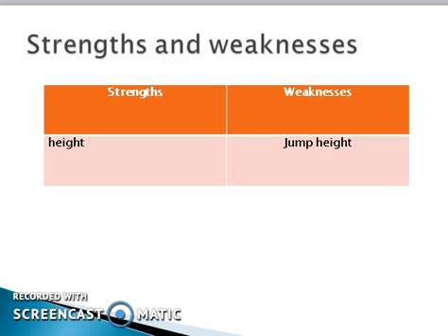So what I'm going to get Aaron to do when I see him next is get his plyometrics done, so he can work on the power output of his legs, his quads, so he can get a much bigger jump height, which will allow him to get loads more rebounds, loads more boards, which will allow him to be a much more efficient power forward, and then he'll be a much better player, and he'll get a lot better.